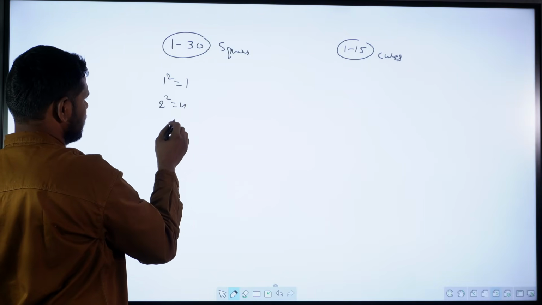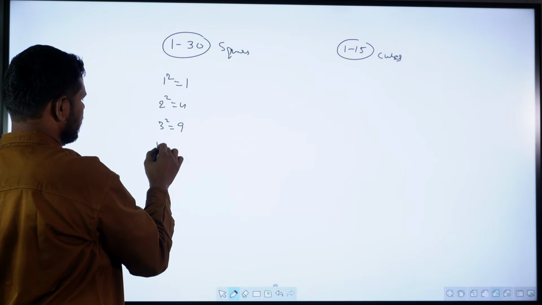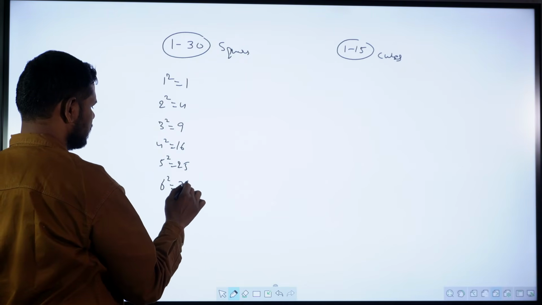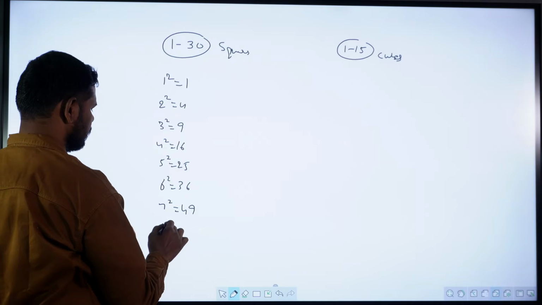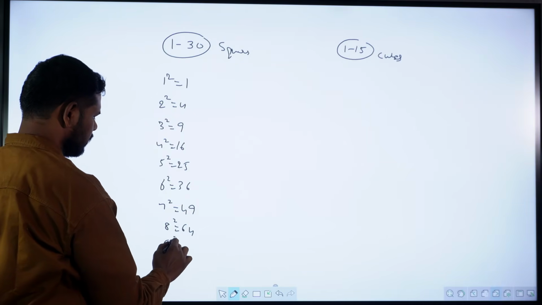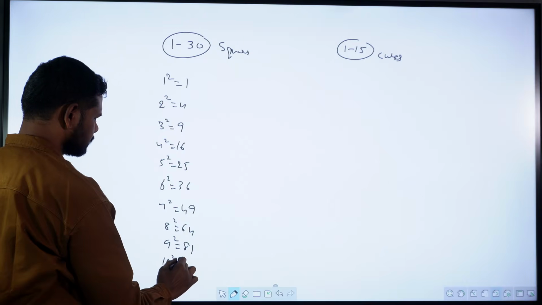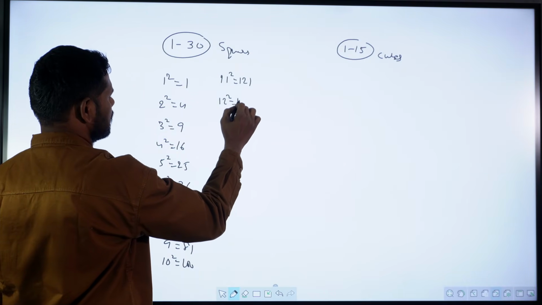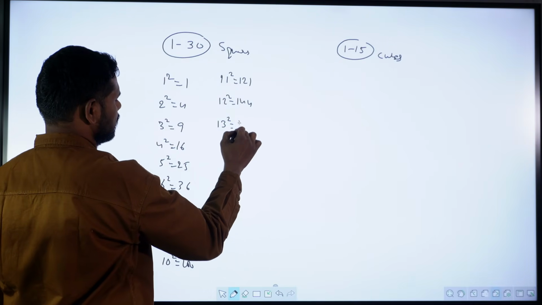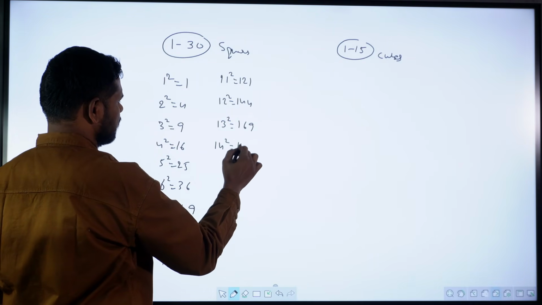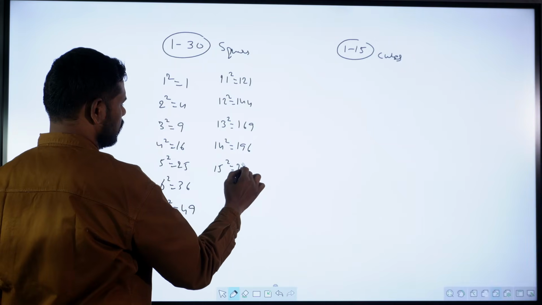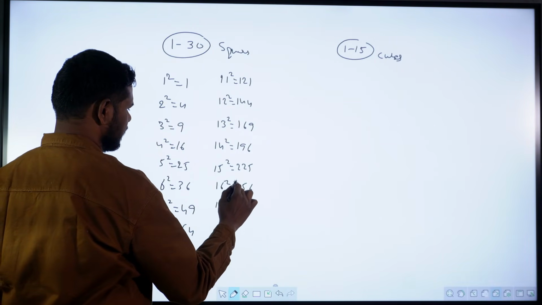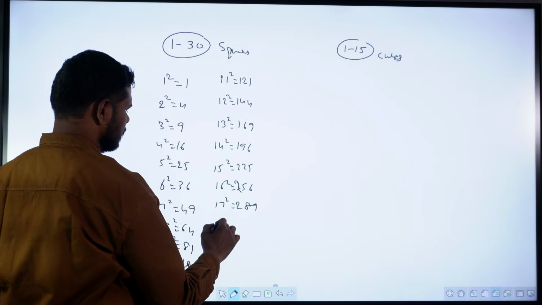I write here: 1 square 1, 2 square 4, 3 square 9, 4 square 16, 5 square 25, 6 square 36, 7 square 49, 8 square 64, 9 square 81, 10 square 100, 11 square 121, 12 square 144, 13 square 169, 14 square 196, 15 square 225, 16 square 256, 17 square 289, 18 square